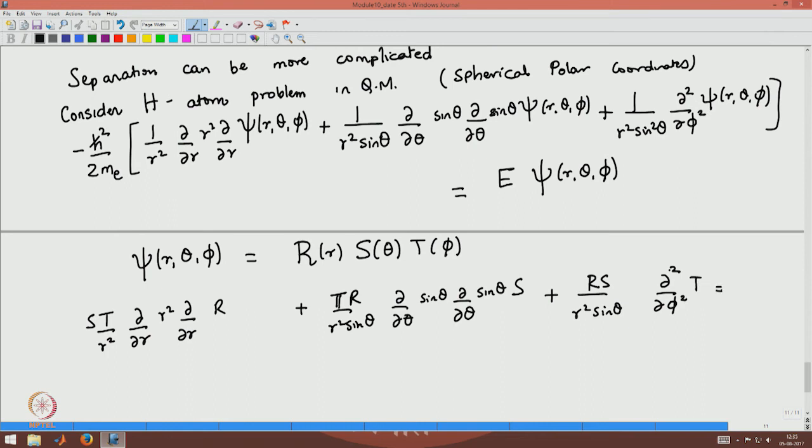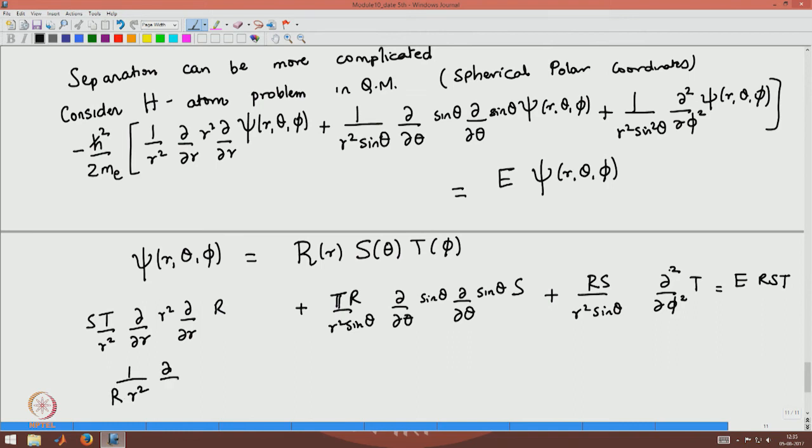This is equal to E times r s t. Now if I divide by r times s times t, then in the first term the s t will cancel. So what I will have is 1 over